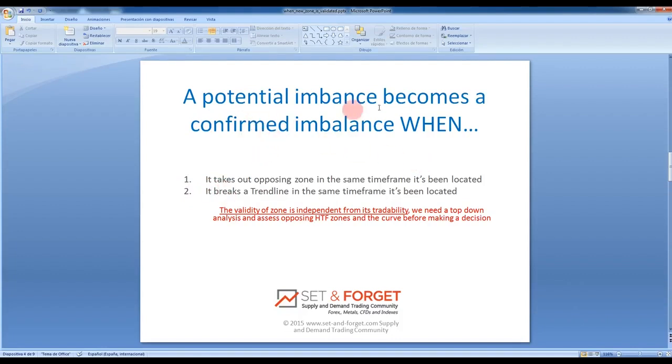So a potential imbalance becomes a confirmed imbalance when it takes out an opposing zone in the same time frame where it has been located. We are always talking about the same time frame. We don't take into account other time frames to assess whether a potential imbalance is valid or not. Each time frame is independent from any other time frame. They are individual entities. Secondly, a potential imbalance becomes confirmed if it breaks the trend line in the same time